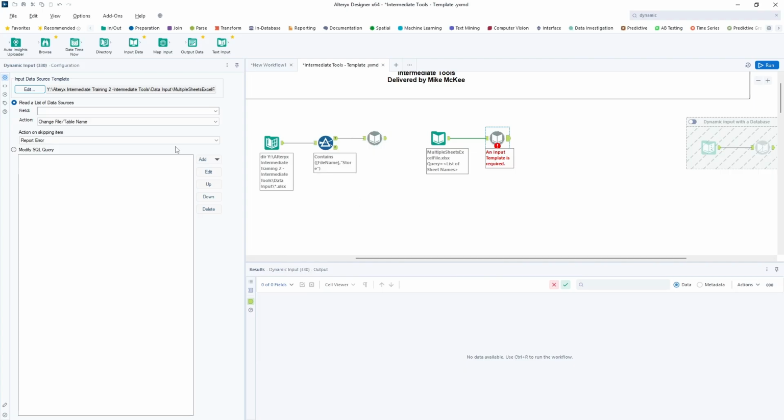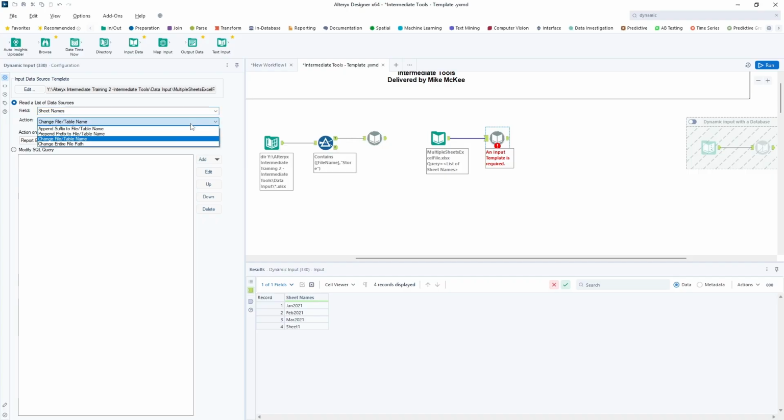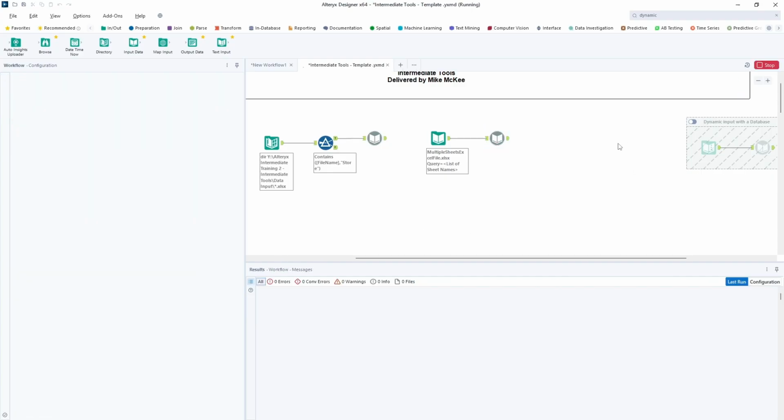All right, now, when I configure it this time, I don't have a full file path, I'm just looking at sheet names. So what I can do is change my field to sheet names. So it's pulling in individual sheet names. And this time, instead of changing the entire file path, I'm changing the file or the table name. All right. So when I run this now,